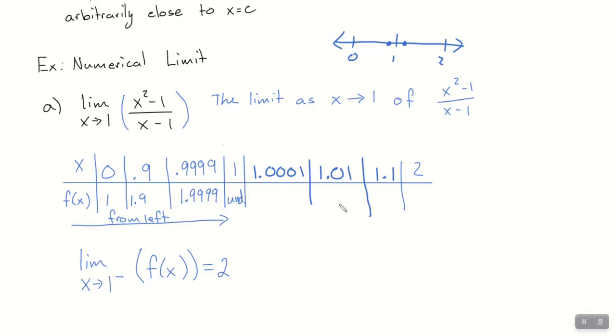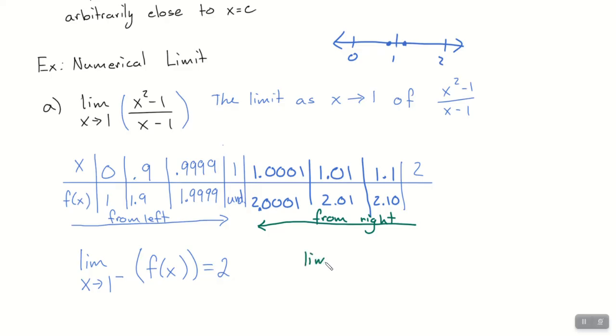I don't have them all. But I do know that this one was 2.01. I bet this was 2.10 is my guess. What's this one give me? 2.0001. Okay. What's happening? And I'm going to change color so we can see it clearly. As I approach, from what side am I coming on this green line? From positive, or how about direction? From the right. And I like that you said positive, Matilda, because when we write this, we're just going to